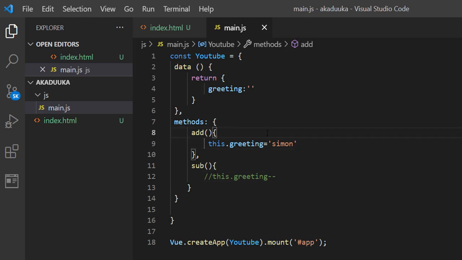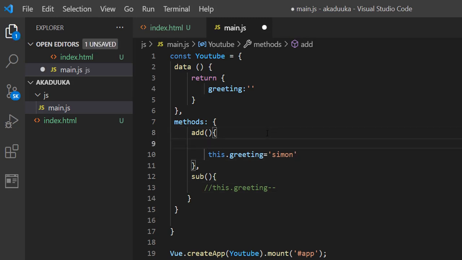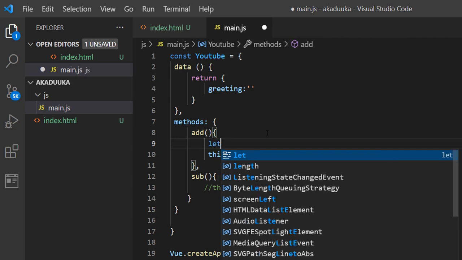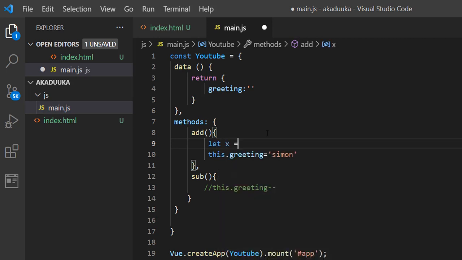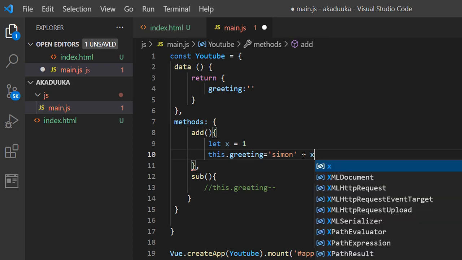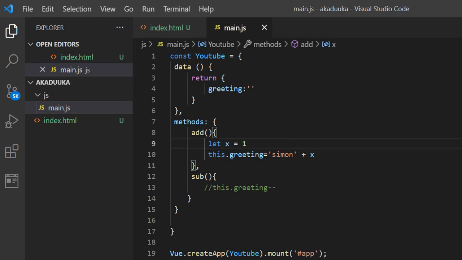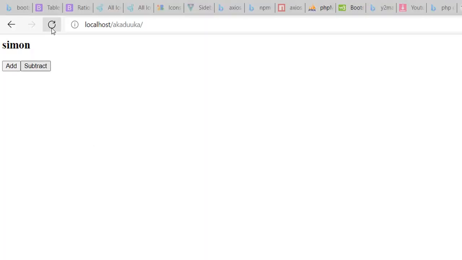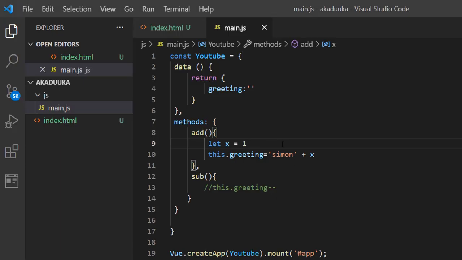And then let me create a variable here. Let x equal to 1. And then let me add plus x here, and then I save, and then we refresh. When I click Simon, it's Simon plus 1. When I click again, nothing happens again. So it's going to be